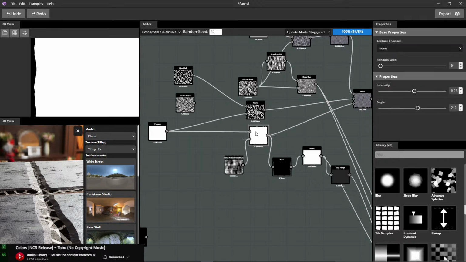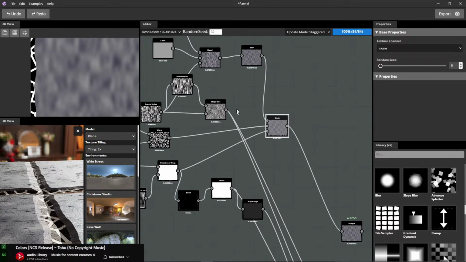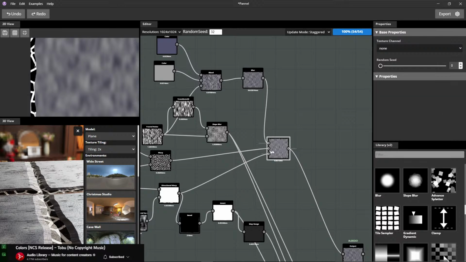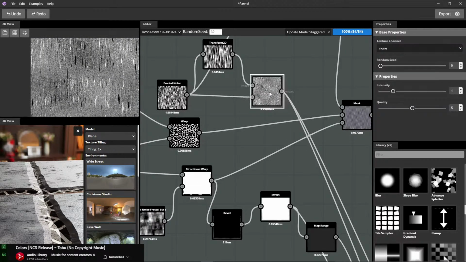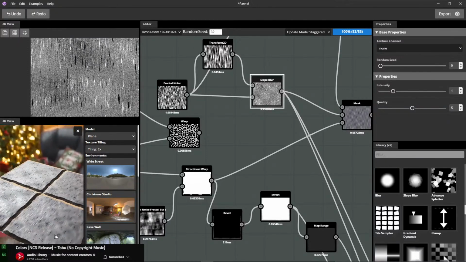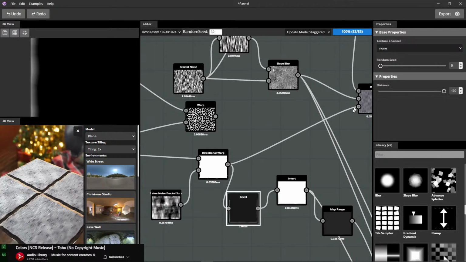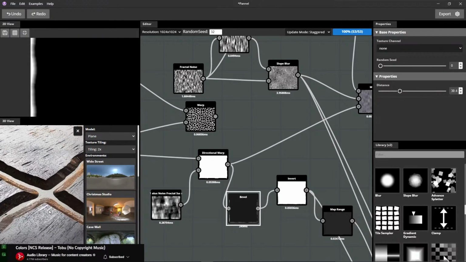Okay, it's good to know. Take this and we'll throw this here, on the bottom one. Alright, this bevel. Bring down the